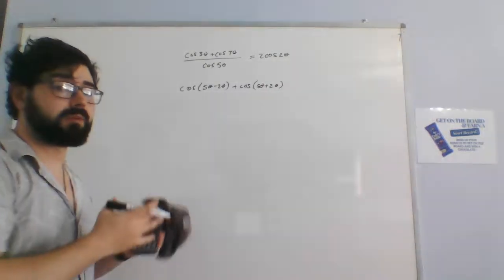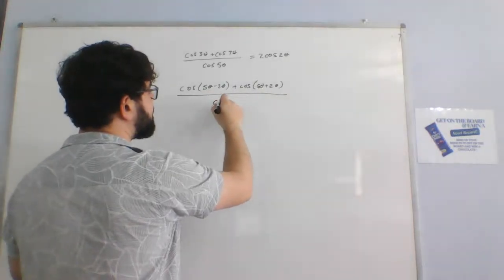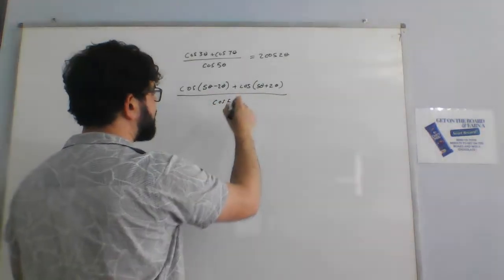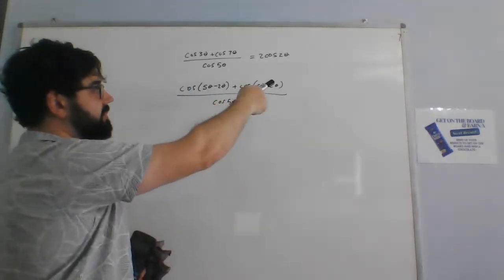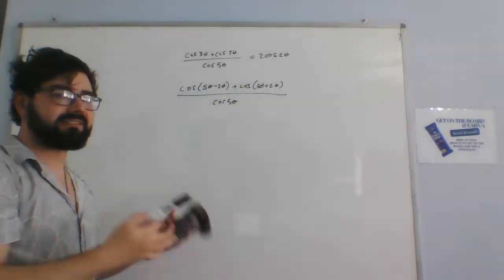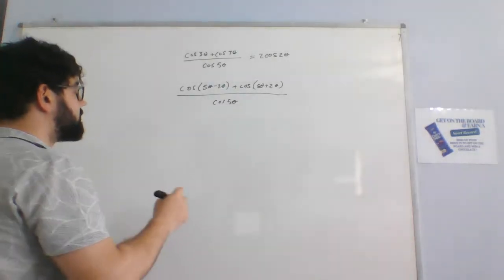Now, why would we want to do that? That's the question, right? That's why I say this is a type of question you have to learn the format of, because, well, we've got cos of 5 theta on the bottom. That might help us a little bit, but what's going to happen here is when we expand this, we're going to have terms that will cancel out because of the identical angles. So let's